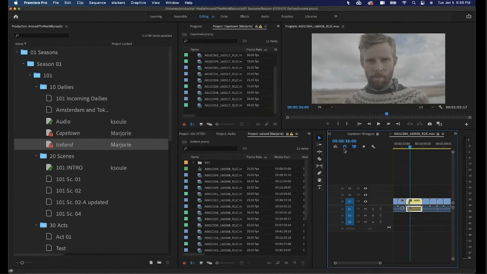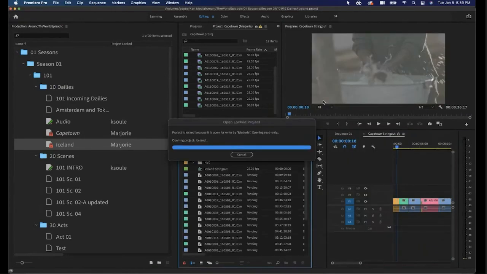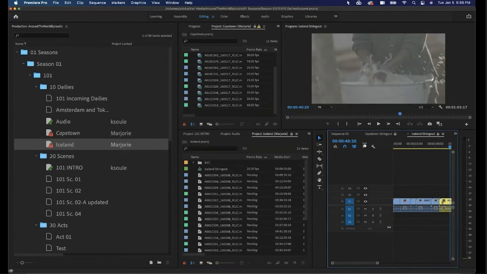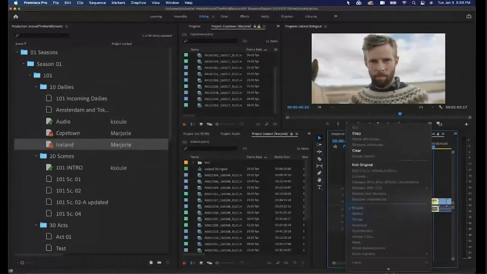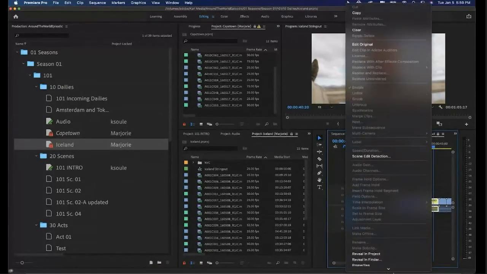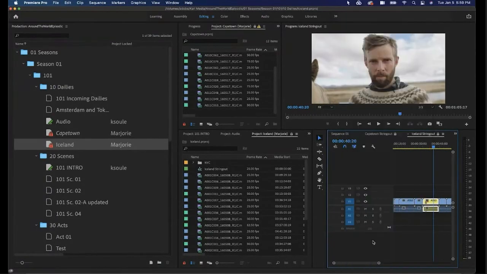Looks like you've got some changes there. I'm going to go ahead and refresh the project. Ooh, nice. So this is an important thing here. You'll notice that this particular string out, this particular clip, and I'll go ahead and reveal that in the project. Marjorie is using something called a master clip effect